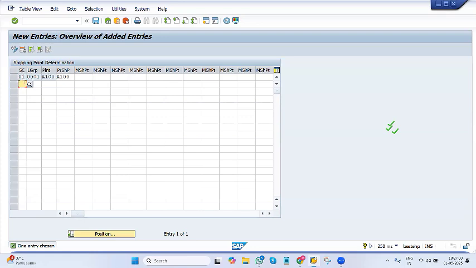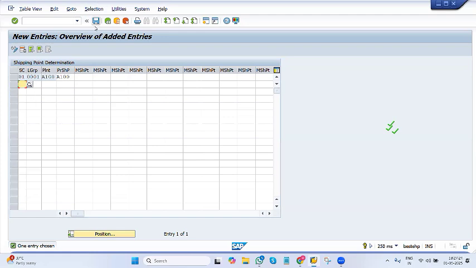So these should be maintained in our customer master, 01. If there is no 01, then the system will again propose the same error. We need to check in the customer master whether 01 is there or not. We need to check in the material master whether loading group 0001 is maintained or not. If it is mismatching, then the system will not propose. So whatever is there in our customer master and material master, that combination should be there in this OVL2